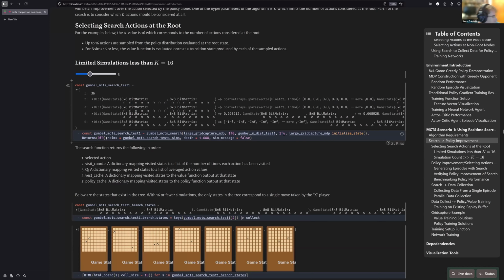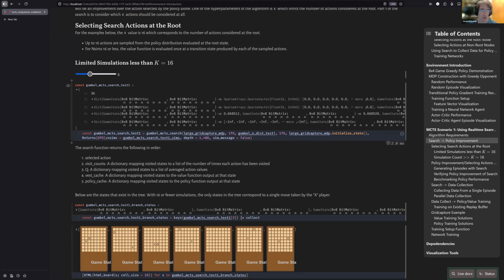This is one. Actually, I forgot what this parameter is, but I'm running the search from the initial state, so just the blank game board. And then the number of simulations is just given by this slider bar here. The depth here is a way to prematurely cut off the search if it gets too deep in the tree. I don't actually want it to ever cut off, but these games, especially this particular environment,